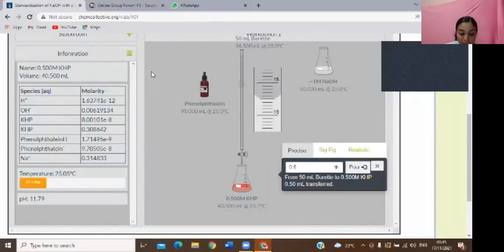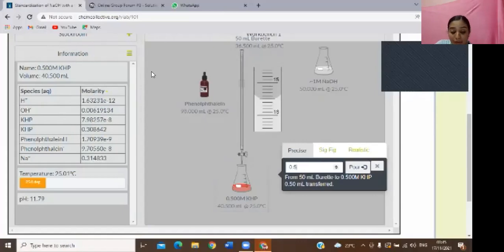That's the average. Our average is 13.2, and what we're going to be doing is